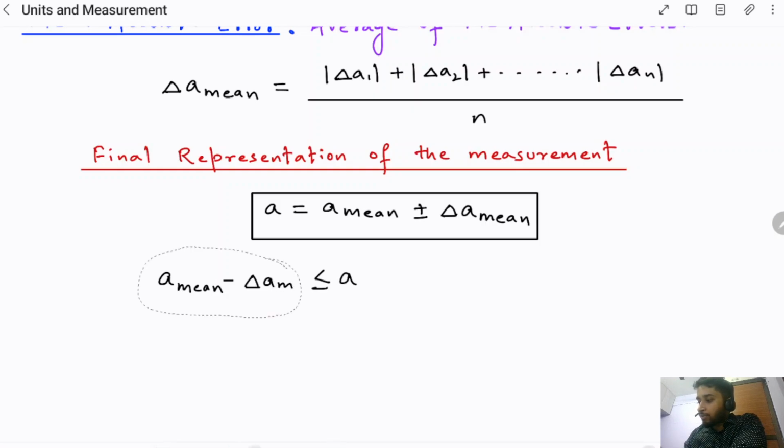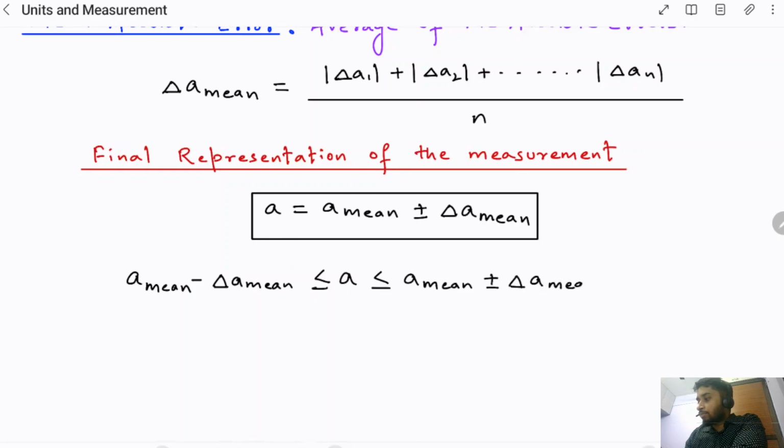Let me create some space here. So it will be greater than or equal to A mean minus delta A mean, and less than or equal to A mean plus delta A mean. Okay. Now what this means is,